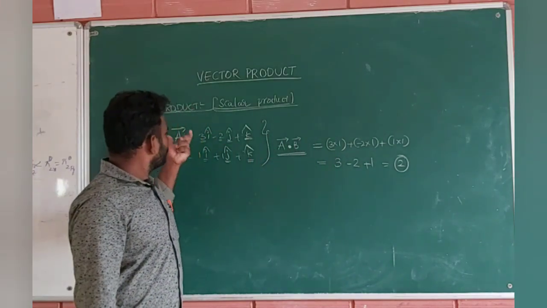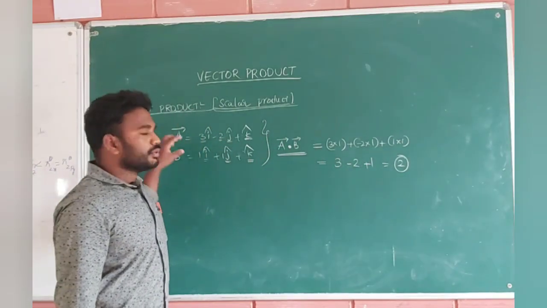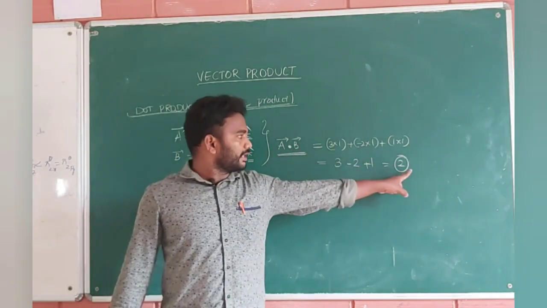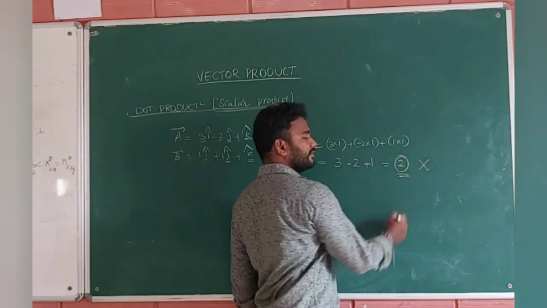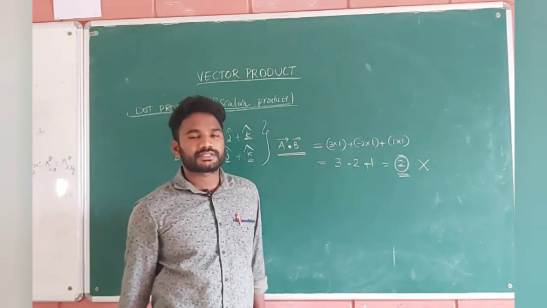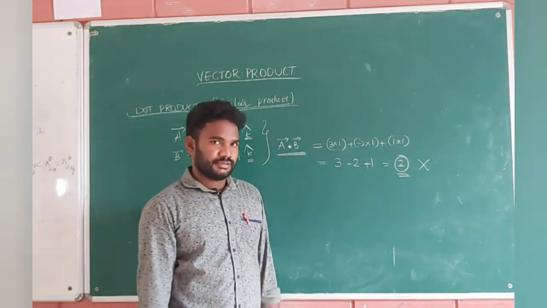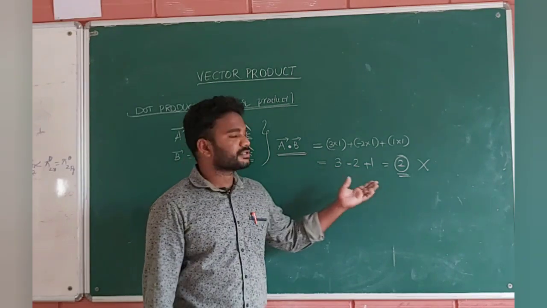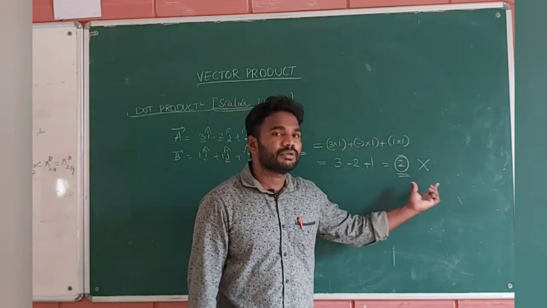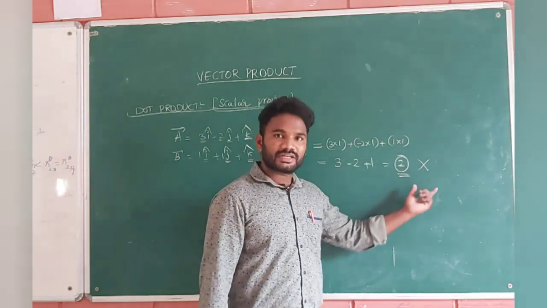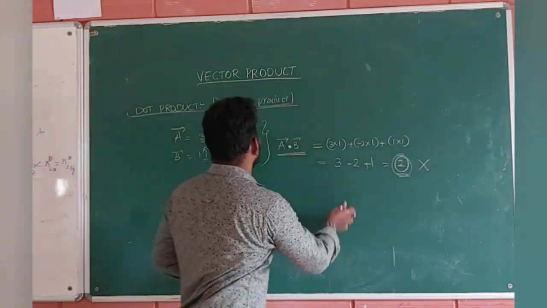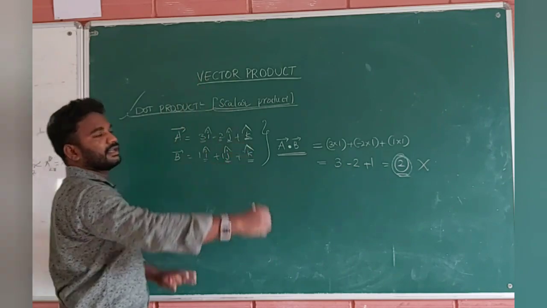Guys, whenever you multiply two vectors, if you are getting a number, that is called the dot product. It is a complete number. It does not have any i cap, j cap. There is no direction for this dot product. After multiplication, you will get only a number, and a number does not have any direction. Since it does not have any direction, it is a scalar quantity. That is why we say it is a scalar product.